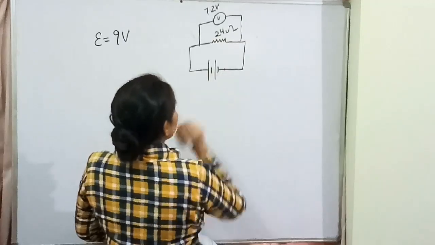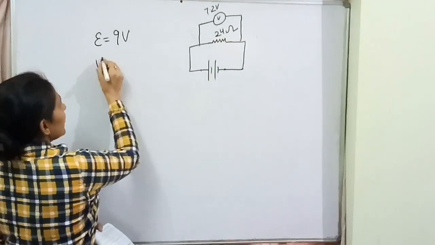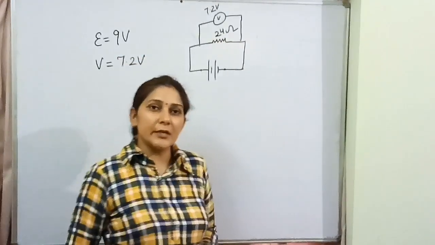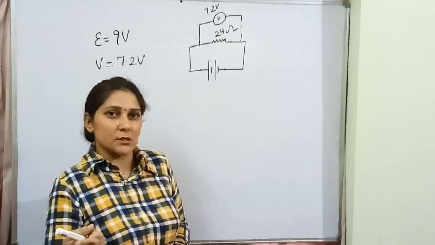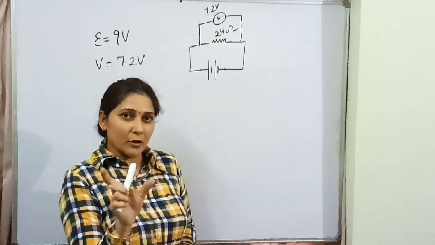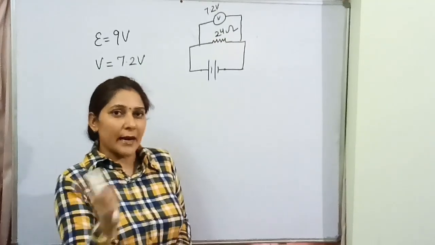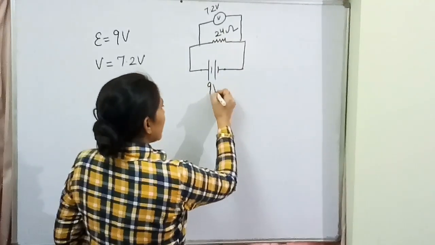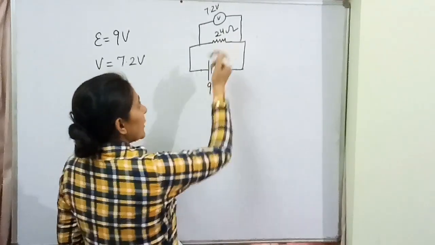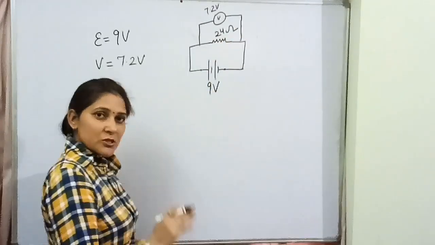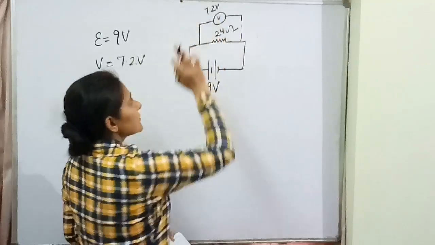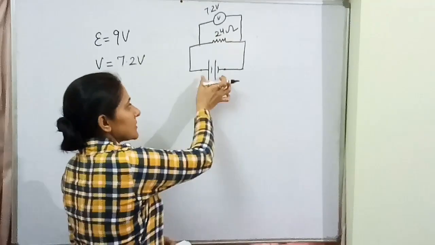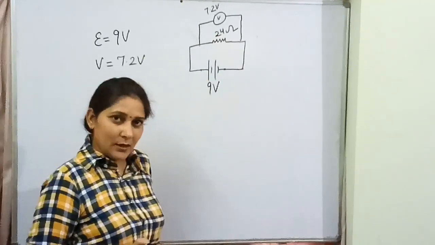That means the terminal voltage or potential difference V given to us is 7.2 volt, because when we discussed terminal voltage and EMF, we discussed that when the cell is in use, the potential difference across the electrodes of the cell decreases, and that is known as terminal voltage. So ये decrease हो गया. पहले जो बैटरी था इसका EMF कितना given था, 9 volt when it is not in use. जब हमने इसको 24 ohm resistor के साथ connect किया, the potential difference decreases and it gives the value of 7.2 volt. And why is there a decrease? You all are aware, that is because of the internal resistance in the cell or battery. इसकी वजह से ये decrease होता है, right?